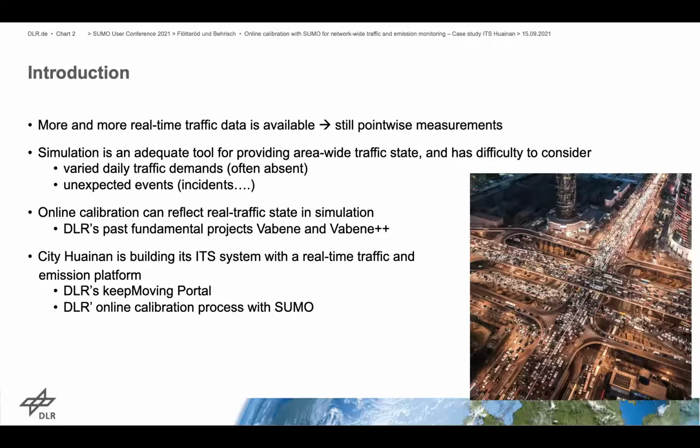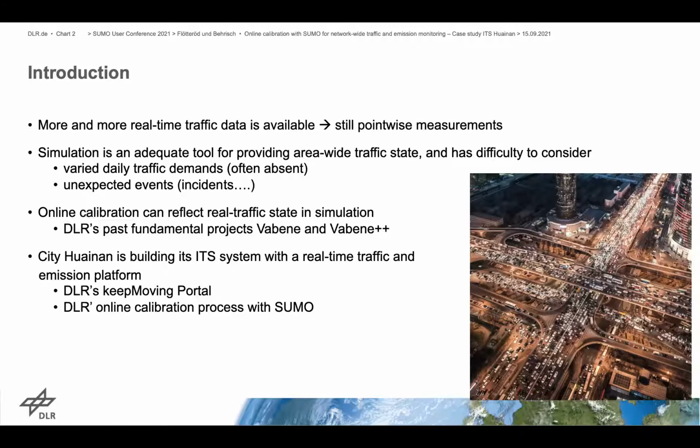However, as you all know, it requires quite detailed actual data and has difficulty getting a varied daily traffic demand and considering unexpected events. So online calibration with sensor data is a way to reflect traffic state in simulation.